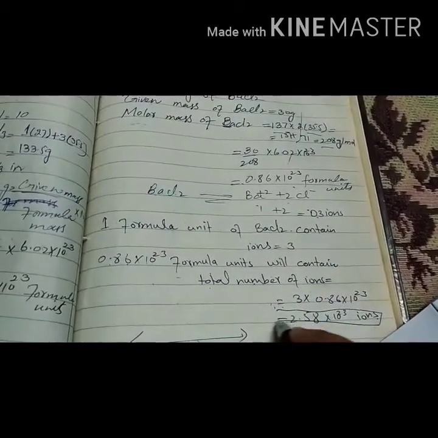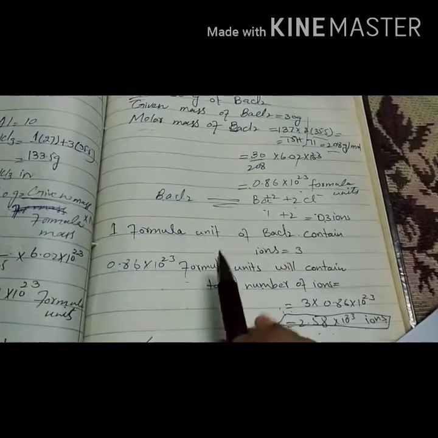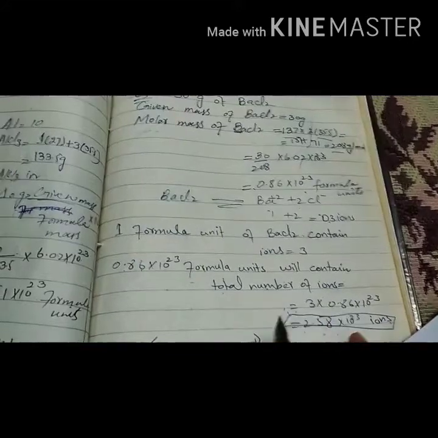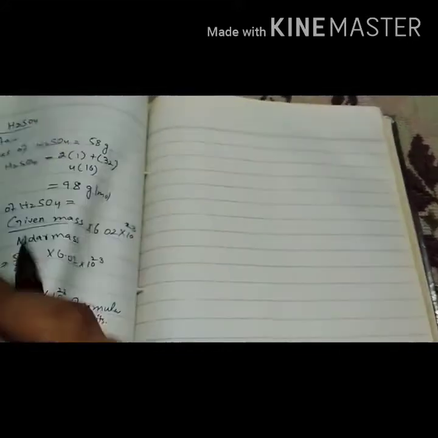So in the compound barium chloride, total number of ions are equal to 2.58 10 raised 23, and the C portion is